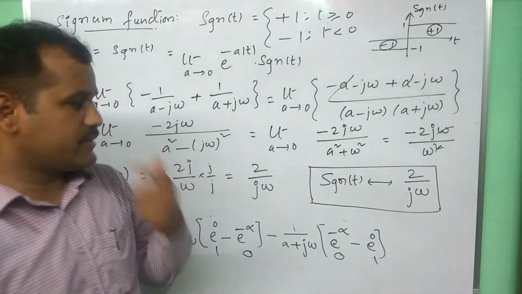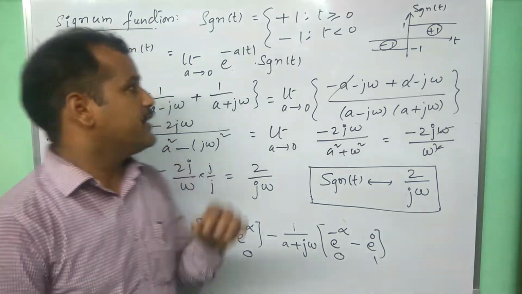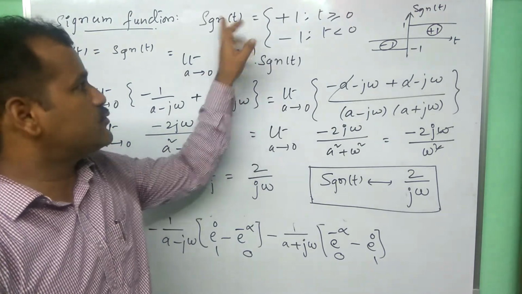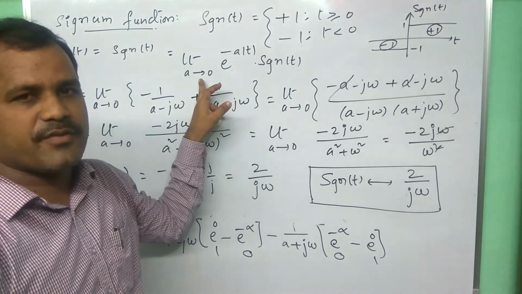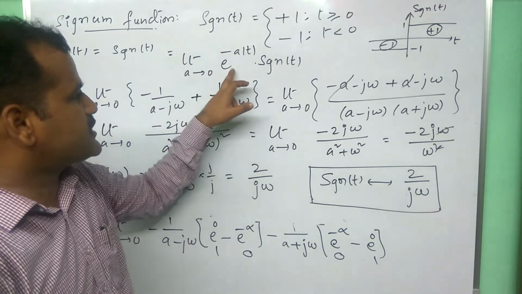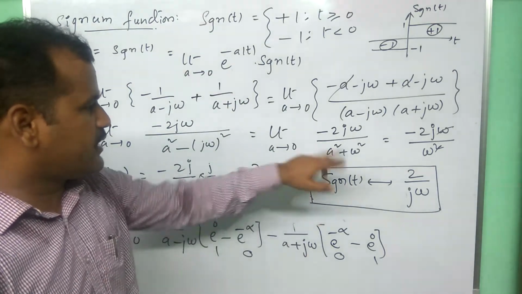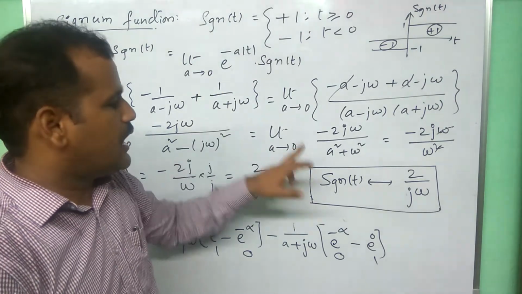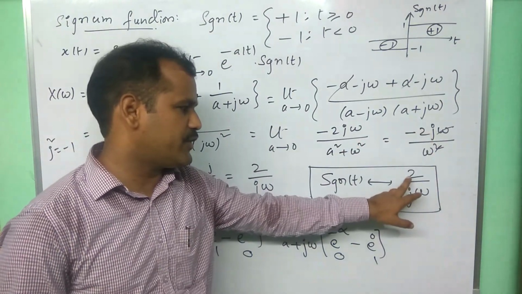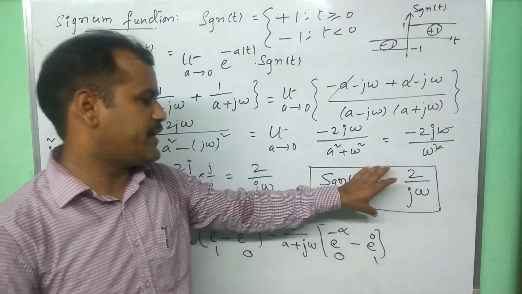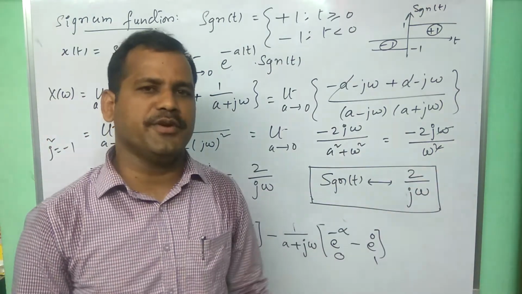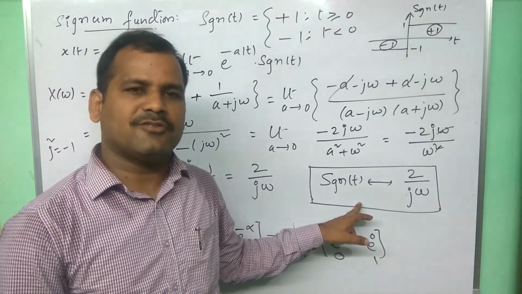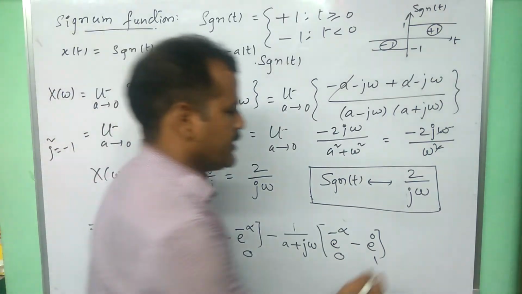A little bit important, this Fourier transform pair of signum function. What we should remember is, first of all, this is not satisfying the Dirichlet first condition, so we are doing some modification for its Fourier transform. After taking this extra term, we are simplifying, and finally in the last term, limit a value we are taking 0 as per the beginning assumption. After taking a tending to 0, we are getting the final Fourier transform, this one. This Fourier transform is helpful in finding the Fourier transform of unit step function, and it is also important in the Hilbert transform transfer function determination. Very important pair, remember it. Thank you.